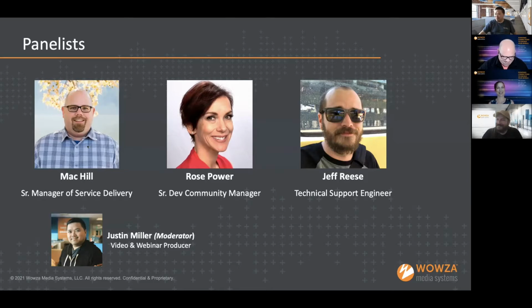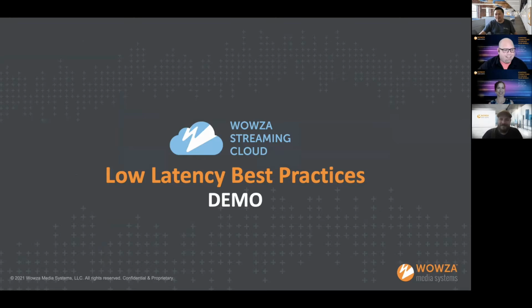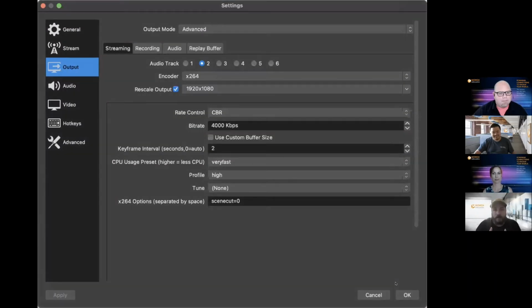All right, let's move on here to low latency best practices. Take it away, Jeff. All right, so I was going to put this together in some screenshots, but I figured a direct walkthrough with some settings would work better. I'm using OBS simply because it's what I have on site, but any encoder you're using should have similar settings to this. A lot of them run FFmpeg on the back end, so they'll at least have something that's the equivalent of it. As far as low latency goes, there are a few different important things to consider.